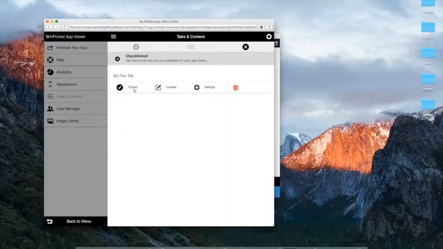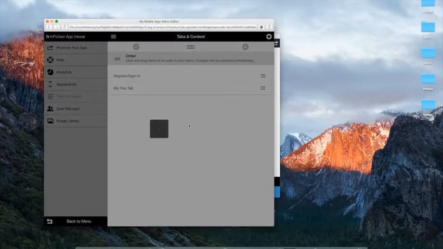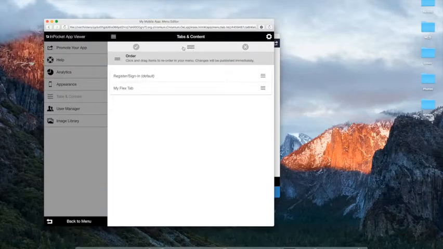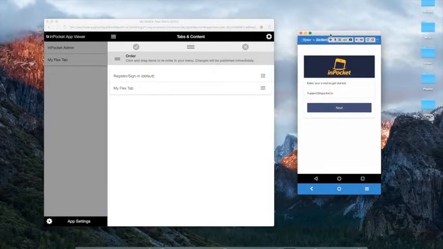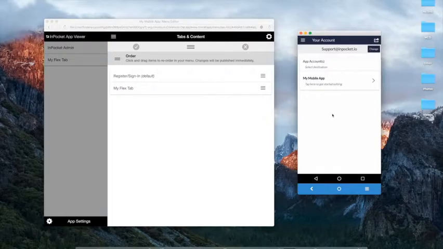It's a flex tab. I'm going to publish it, and doing so will pop me over into the order sub-tab where I can click and drag things, moving them up and down in my menu. Now notice how that's immediately reflected in my app. There we go. So I also have my Android device over here connected to my computer, so I can show you how this affects